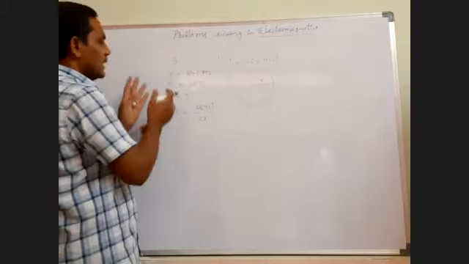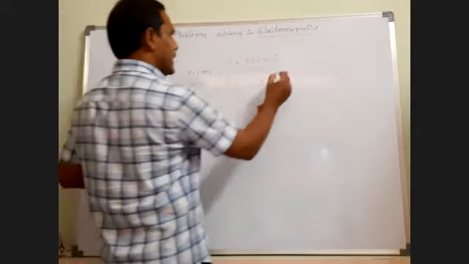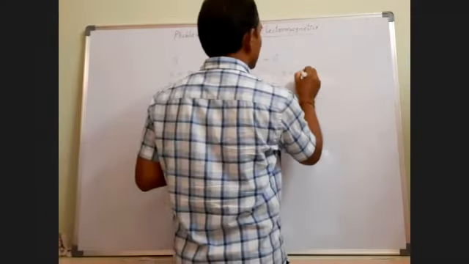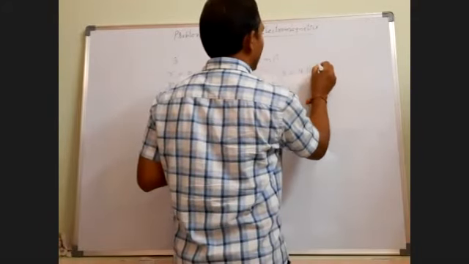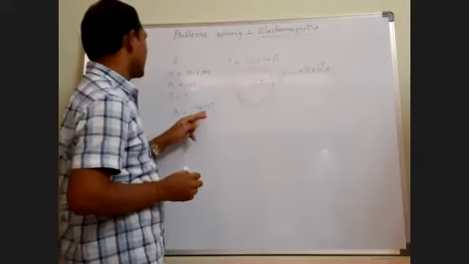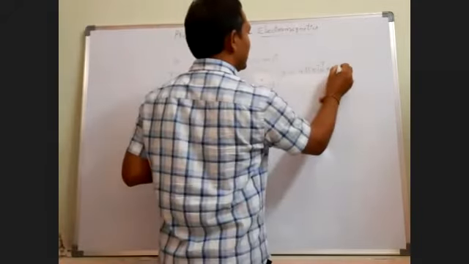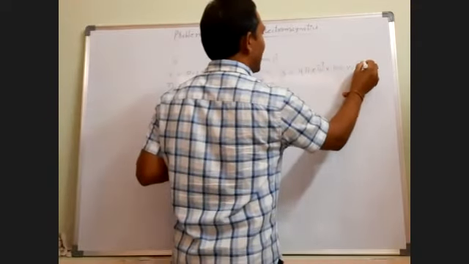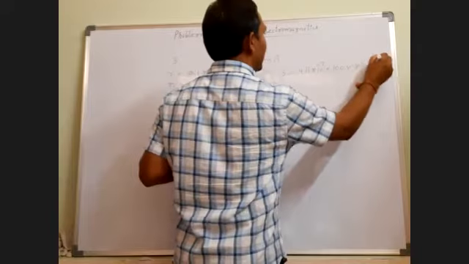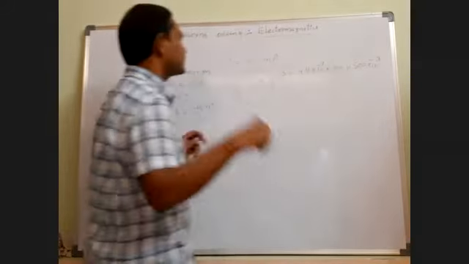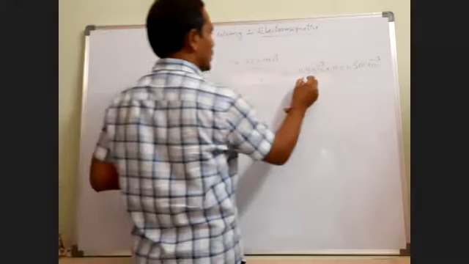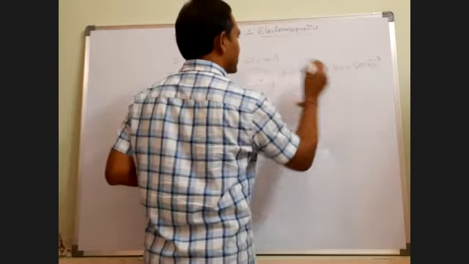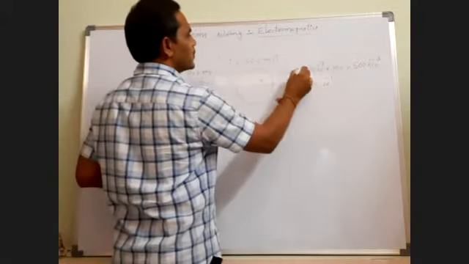Yes. Let us substitute the values. B is equal to mu naught, value how much? 4 pi into 10 power minus 7. Number of turns 100. Current through the coil 500 milliamps, that is 500 into 10 power minus 3, divided by 2R, 2 into radius 0.1, 10 power minus 1.